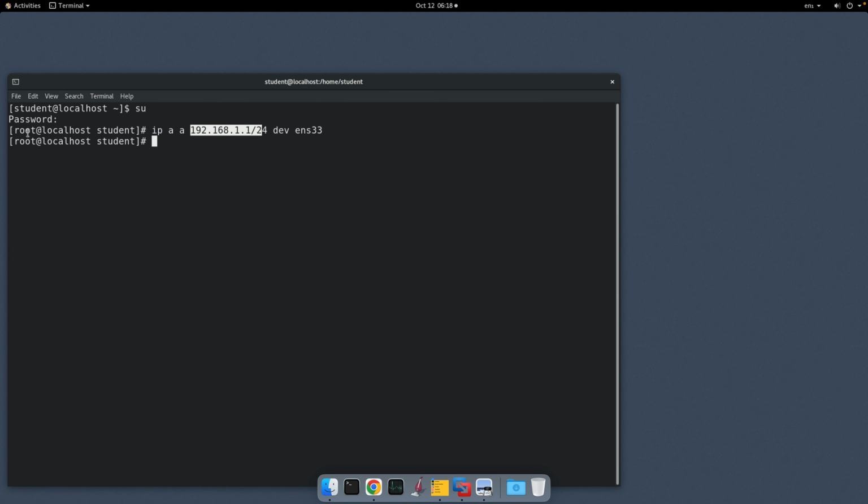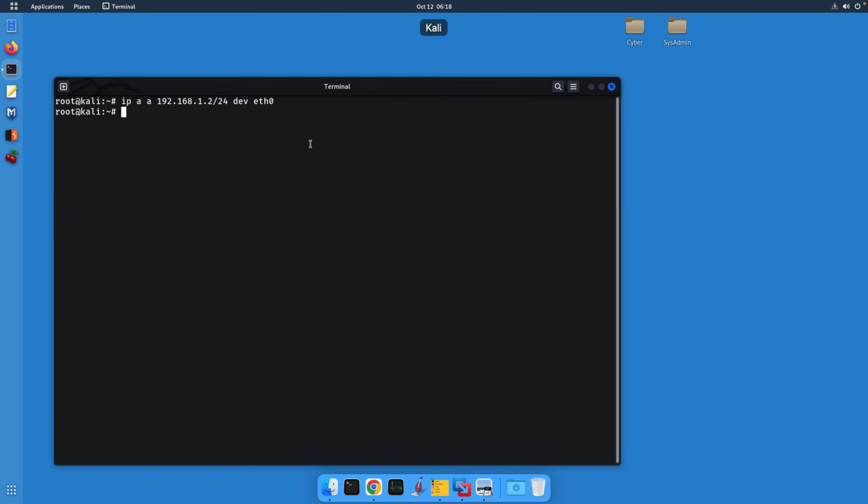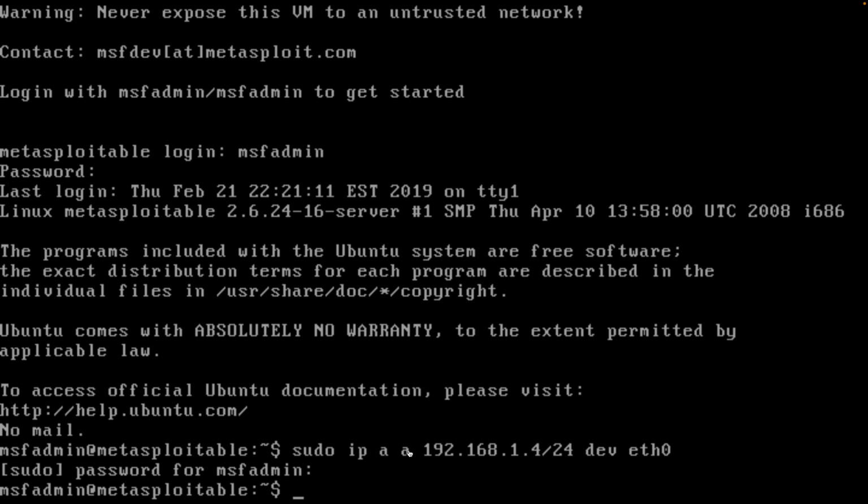you can just use, when you are a root user, IP a, which stands for address add: the IP address you want to add with the subnet, the network prefix as I call it, the keyword dev, and the network interface you want to assign this IP on. Same thing applies for Kali, so if you're in Kali, make sure you always log on as the root user if not specified. The network interface name is eth0,